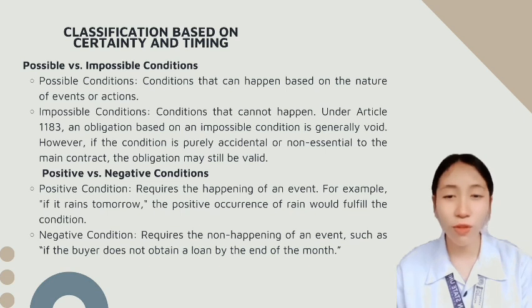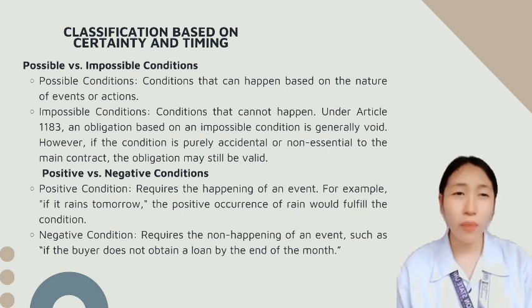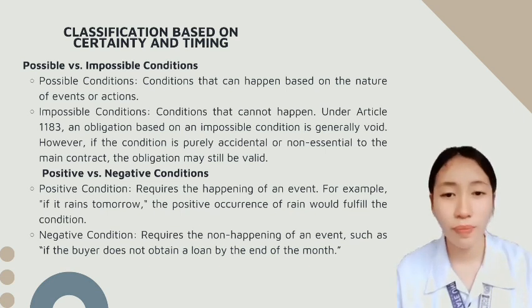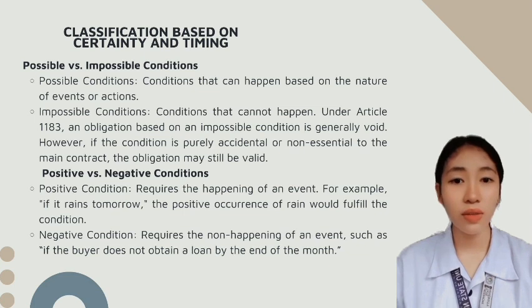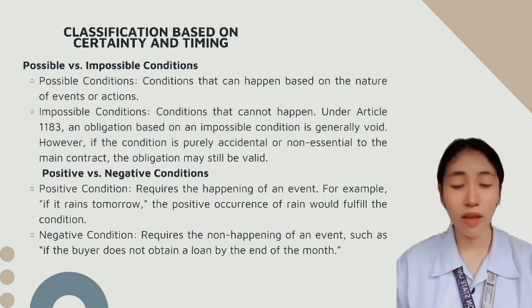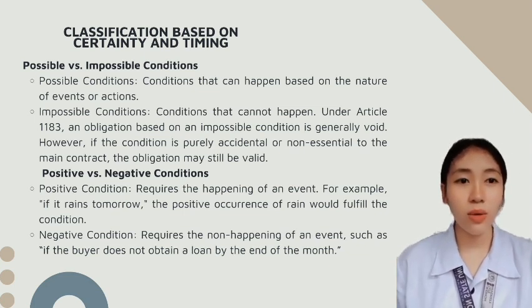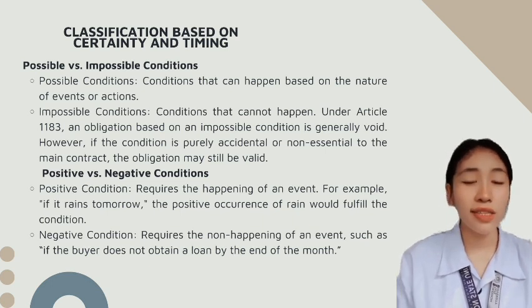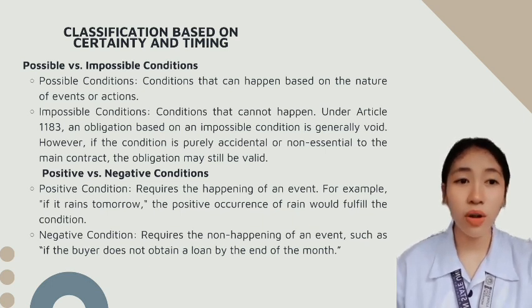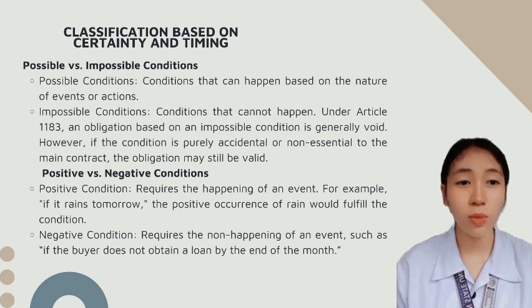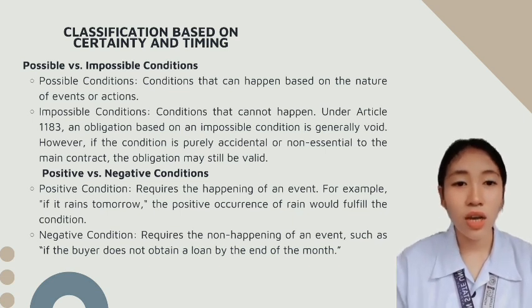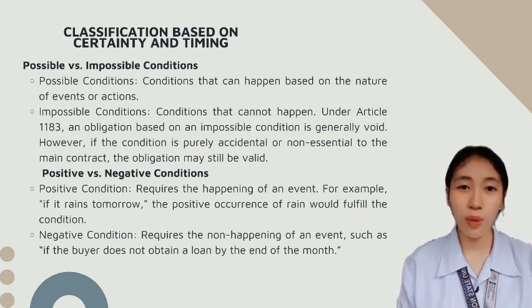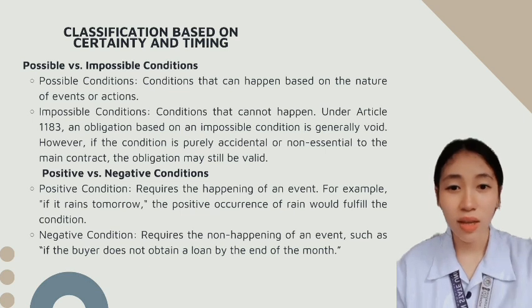So let's move forward to the second condition. The second condition is positive and negative condition. The positive condition requires the happening of an event. For example, if it rains tomorrow, the positive occurrence of rain will fulfill the condition. So another example of a positive condition is